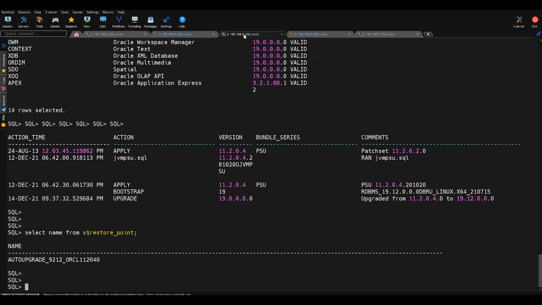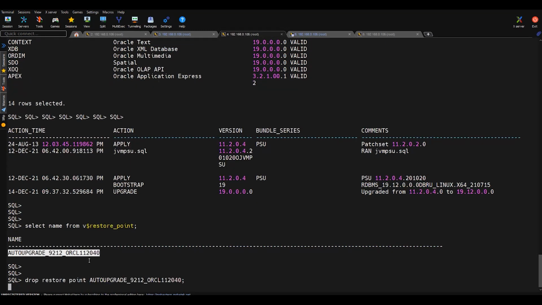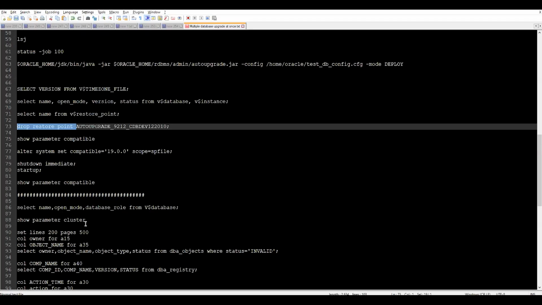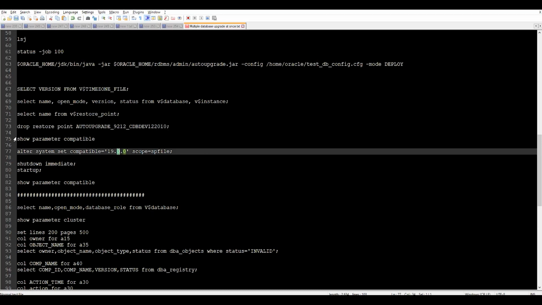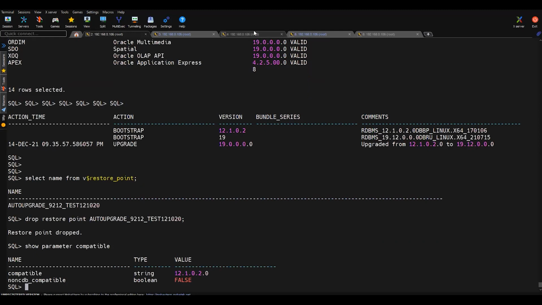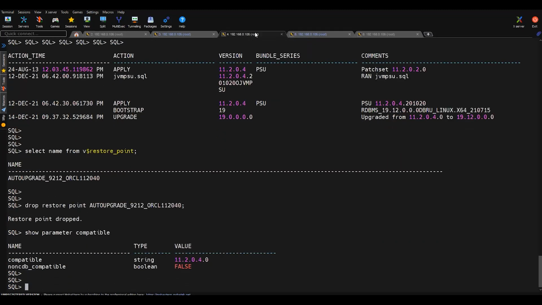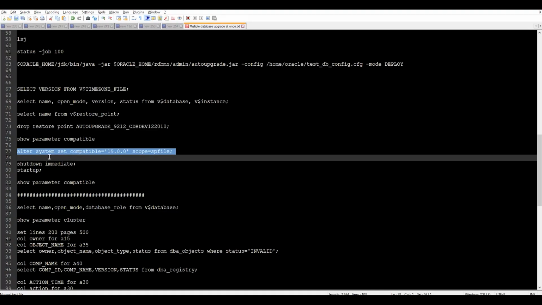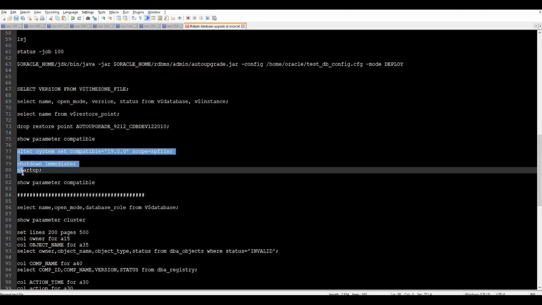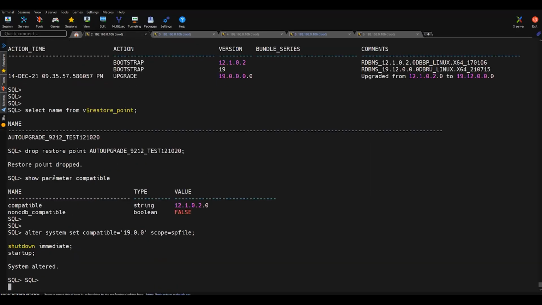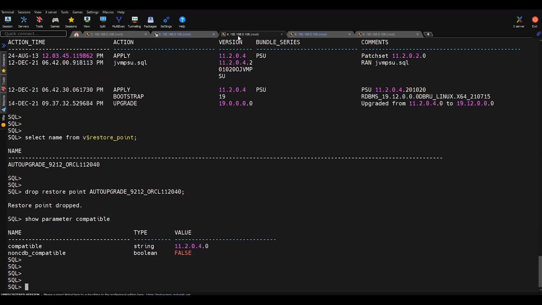After that, go to the 11G home also and do the same thing. Previously it was 11G, now it is upgraded to 19C. After that, you have to set the compatible parameter. You can verify the current values also, and if you want, you can take a PFILE backup. And this is done. Then we'll modify the SPFILE and restart the databases. This is what we have to do. And this is on the previous 12C database, now changed to 19C.